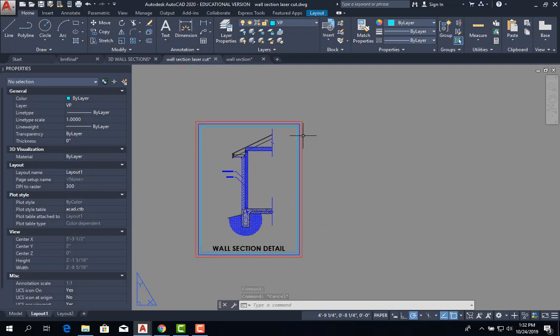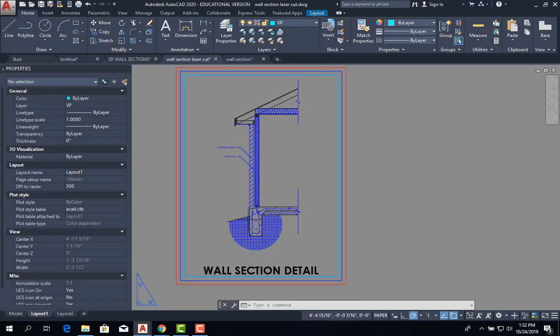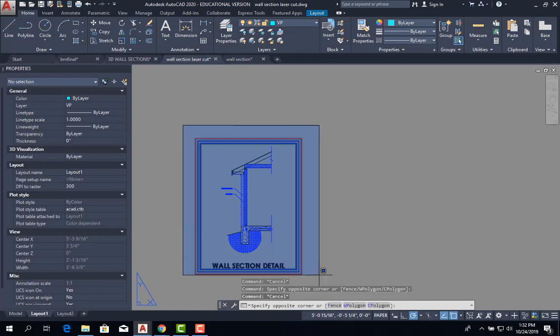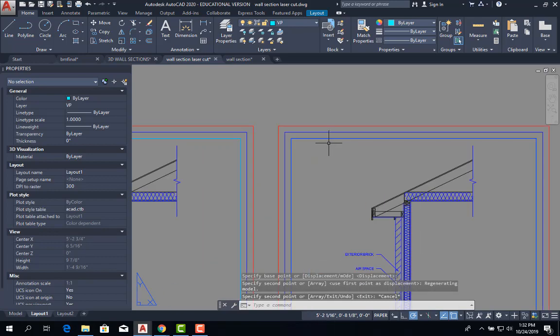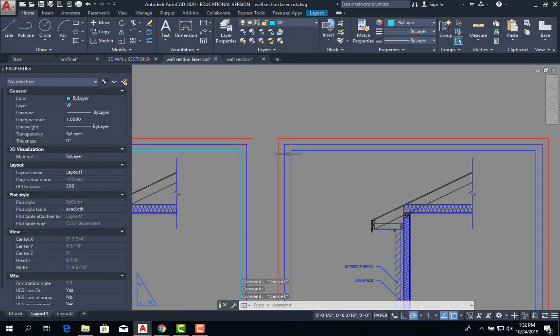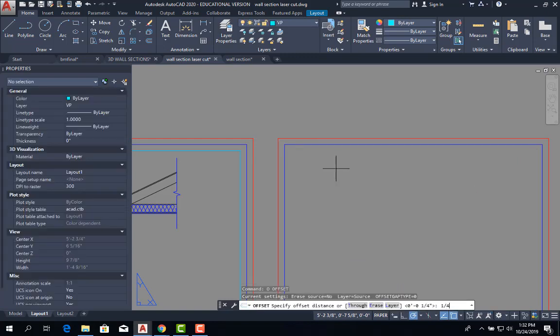So we're almost done. We're going to create two mat boards because we want to have one that says wall section model. Okay, so once you're here, just go ahead and copy the whole thing to the side. Get rid of the viewport. Okay, that's not the viewport. Let's see. Okay, I'm grabbing everything, so I'm just going to get rid of all this, and I'll just offset 1/4 again, in,